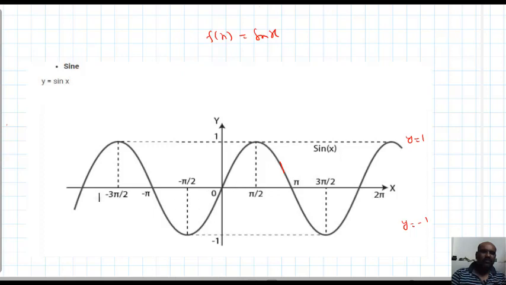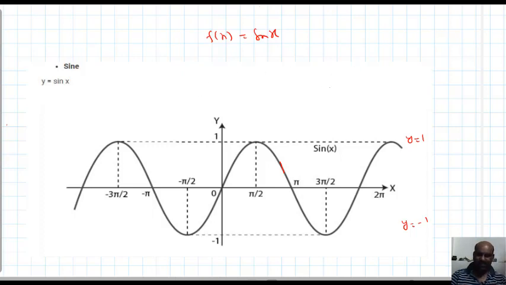The function is neither increasing nor decreasing overall. Some intervals it is increasing, some intervals decreasing. I will show you. Already we discussed this in the logarithmic function. So there are two types of logarithmic functions, one is an increasing function, one is a decreasing function. If the base is greater than 1, the logarithmic function is increasing; if the base is from 0 to 1, it is decreasing, like that.